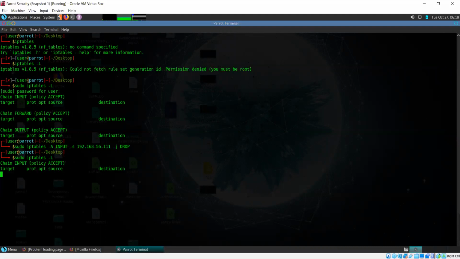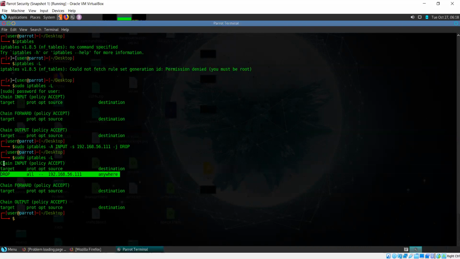Now if I list the rules again, I can see that a rule has been added for the input chain. The target means the action to be taken, which is drop, for all protocols. So any packet coming from this source should be dropped. Now this is just an example. You can take any source that you want. That's up to you.